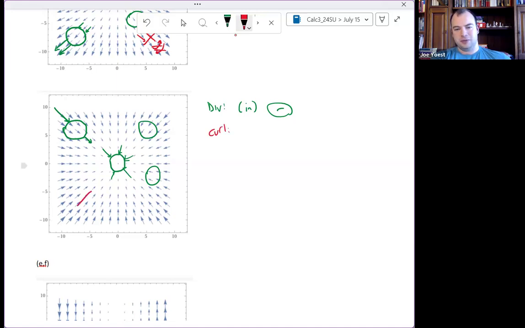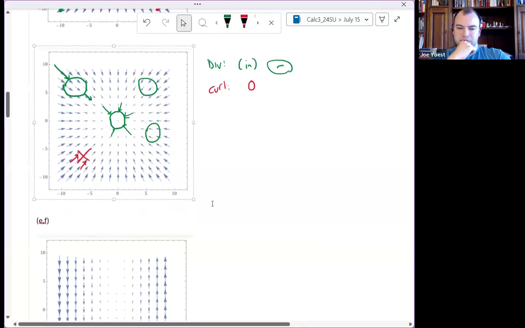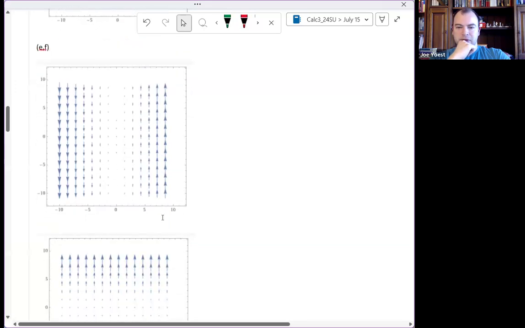And then curl, for the same reason as above, I would expect to be 0. I have very nice counterbalancing of the forces tending to make my weather vane want to rotate clockwise versus counterclockwise. Okay, then let's look at these two. These can be kind of tricky